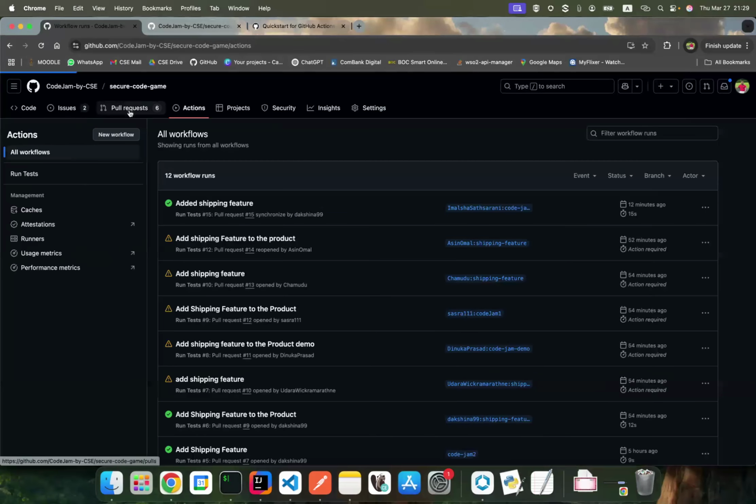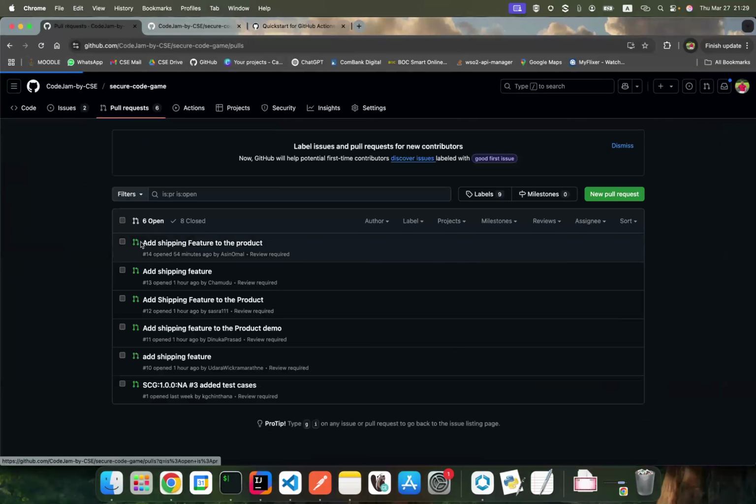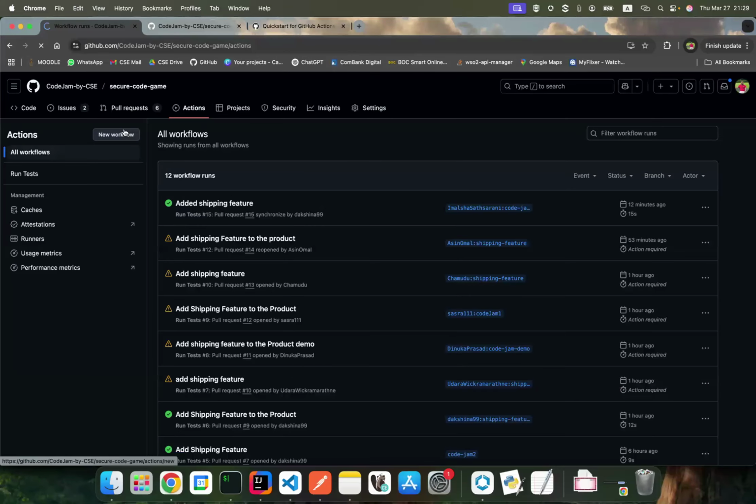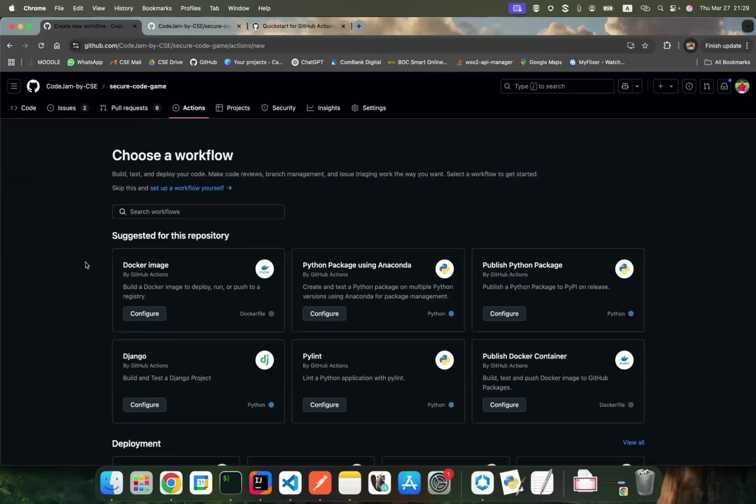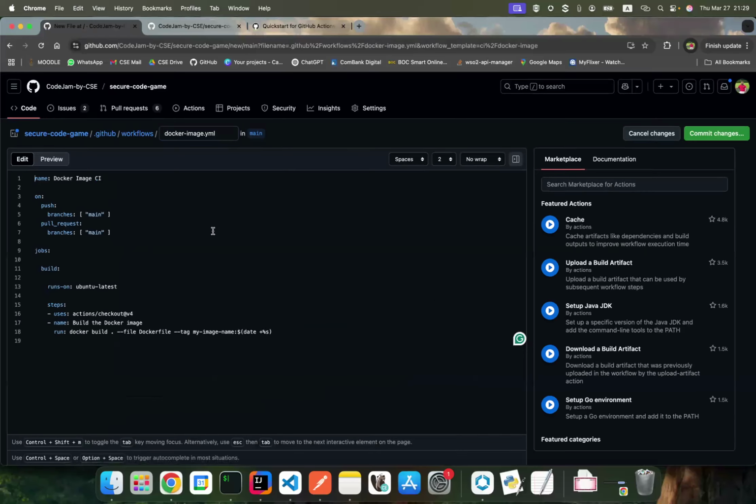So we are basically done with this. Regarding GitHub Actions, you can create a new GitHub workflow from the GitHub UI itself. It will create a new workflow YAML file for you. Let's say we are going to get a Dockerfile thing here. It has already templated Docker image CI, Docker image continuous integration. So when you are pushing to the main branch, or making a pull request to the main branch, it will run these jobs.